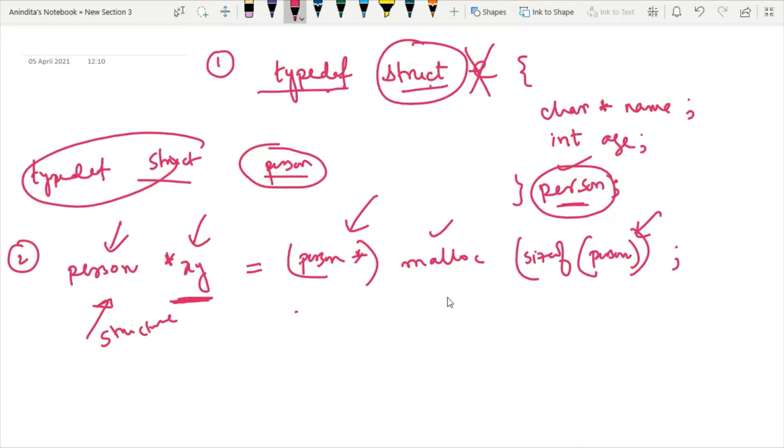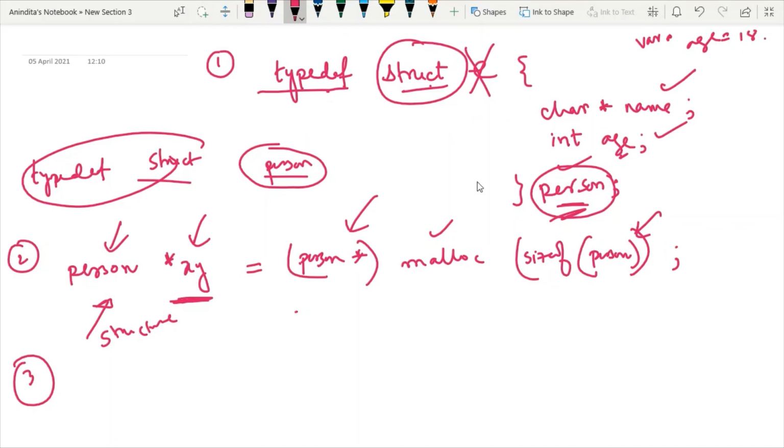Now the next step: how to access the variable. I have to access those variables now. Generally for accessing a structure variable, I will use the variable name, dot, the member name, and then we will assign some value.